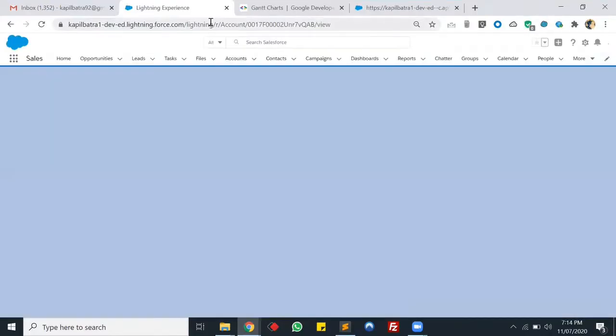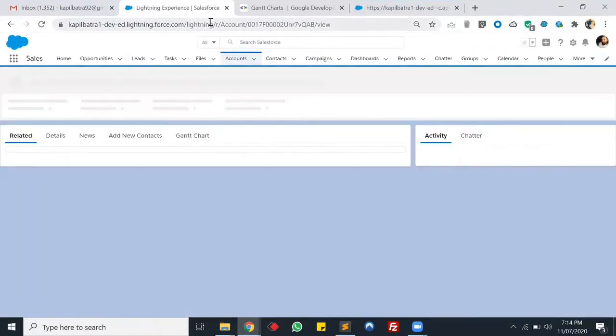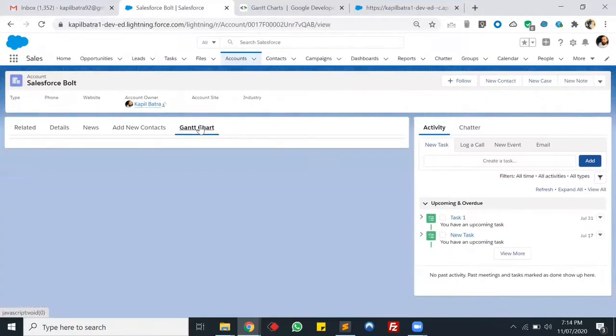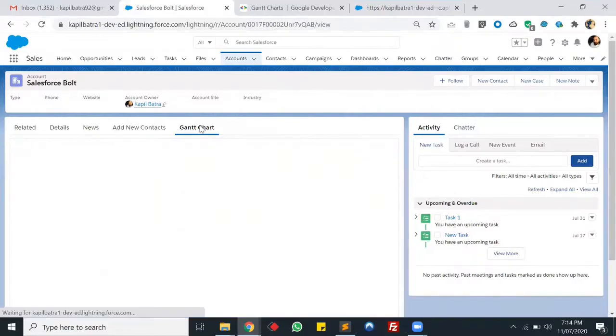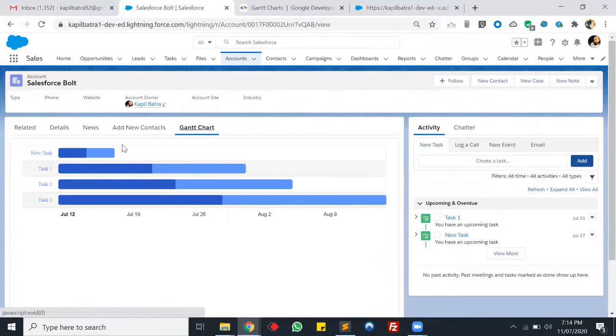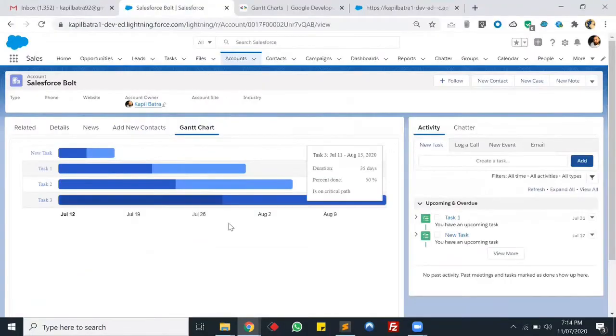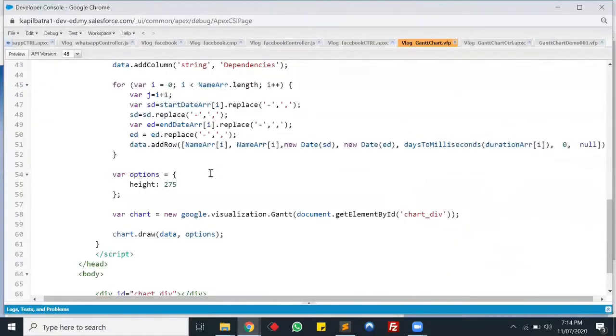So guys, now in the Gantt chart layout, 50% of the bars of the Gantt chart will be in the darker shade, and the remaining 50% will be in the normal shade. Okay guys, as you can see, the 50% has the dark blue color, and the remaining has the normal light blue color here. Let me just remove it. Okay guys, so using some customization you can make the Gantt chart dynamic.